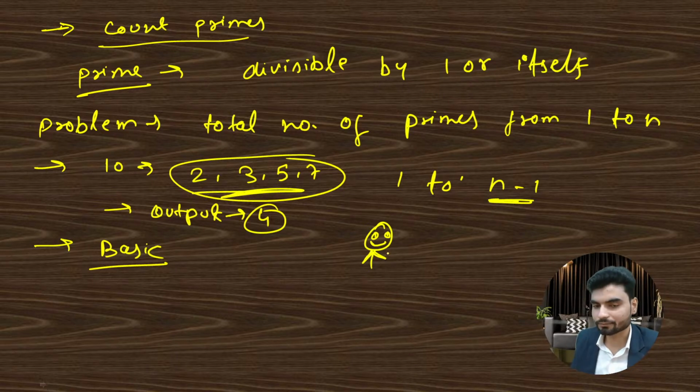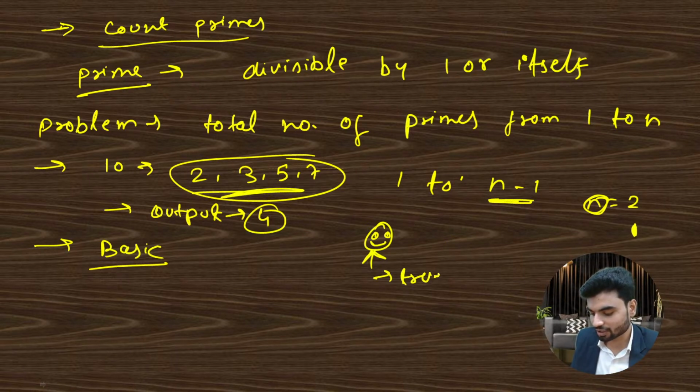So now I'll pass numbers from 1 to n. Actually, we know that 1 won't be a prime number, right? And 2 also cannot be part of this, because if n is 2 and n is excluded, we are talking about 1 and less than 1. So in this case we'll check from 3 to n minus 1, right? That's what the problem statement is. Let's say I passed 3 and this person says true. If this person says true, we can count plus 1. And if n is equal to 2, only then we will say there is no prime, because n is excluded.